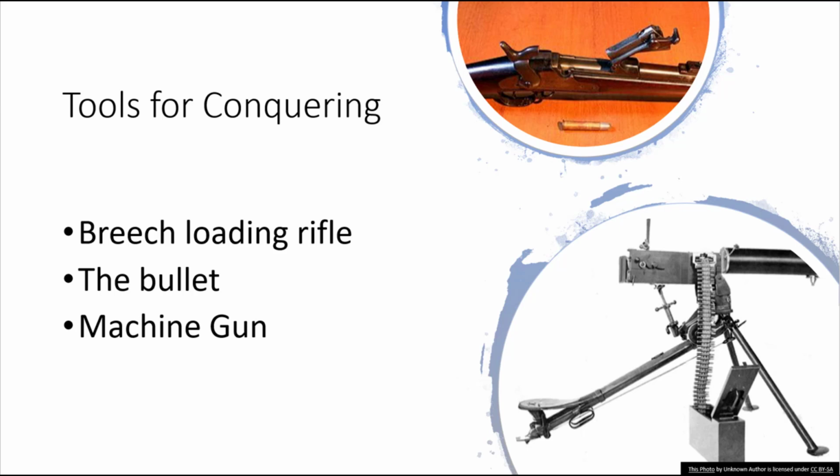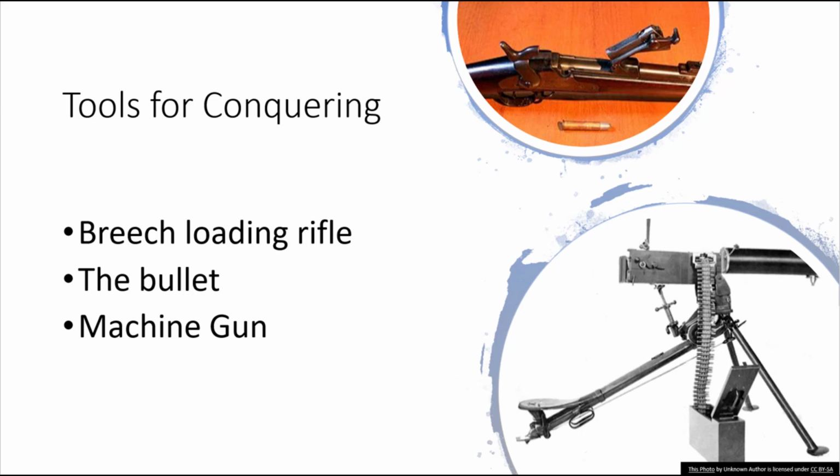Also, some other things too, as you can see in the lower right, is we have the machine gun that's created too. I don't know if that's exactly the type. It took me a little bit of digging to try and find pictures of World War I machine guns, but I think that's pretty much it. And obviously this isn't World War I, but these would be one of the tools that are used by European nations against each other. So obviously, a machine gun is going to have a far higher rate of fire than the breech-loading rifle, but still. I mean, imagine using old Civil War style guns against a nation that has breech-loading rifles and machine guns. Obviously, it's not going to go over very well.